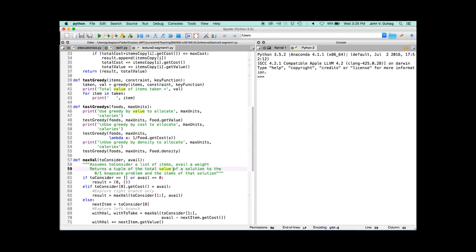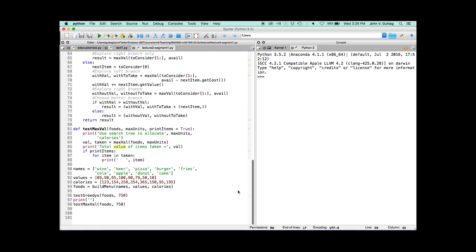All right. This will work. I hope you can see that it's an obviously correct solution. Let's see what happens if we run it. So we're going to run it here with the same menu we looked at before. We'll also test the greedy algorithms, just to show that we're getting something different from them. And if we run it,